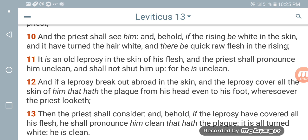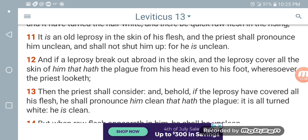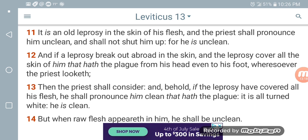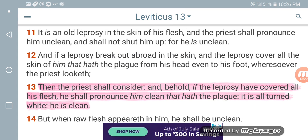It says, verse 12, "And if a leprosy break out abroad in the skin, and the leprosy cover all the skin of him that hath the plague, from his head even to his foot, wheresoever the priest looketh, then the priest shall consider, and behold, if the leprosy have covered all his flesh, he shall pronounce him clean that hath the plague. It is all turned white. He is clean." And that verse right there, the one I just highlighted, is talking about